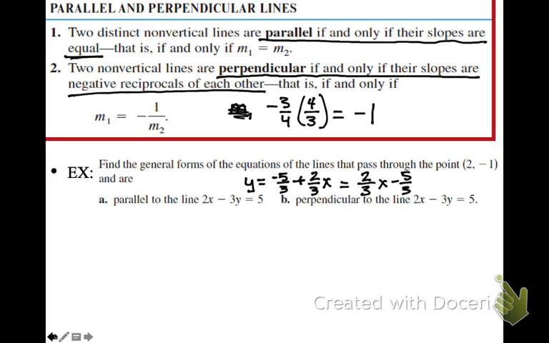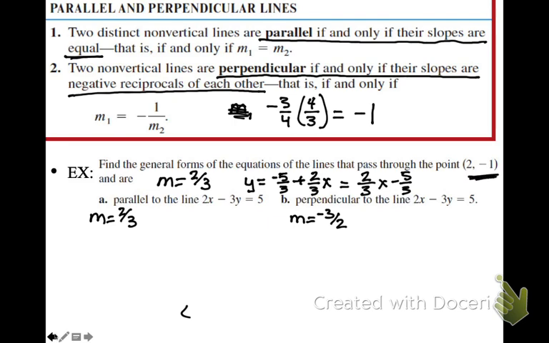Okay. So now that we have it in slope-intercept form, what is the slope of 2x minus 3y equals 5? 2/3. So the slope we are dealing with up here is 2/3, correct? Yeah. Okay. So parallel lines, what is the slopes? They're equal. So the slope for the parallel line is going to be what? 2/3. Okay. The slope for the perpendicular line is going to be what? Negative reciprocal. So what, Riley, was that? Negative 3/2. Okay. So now that I have their slopes and I have a point, what form am I